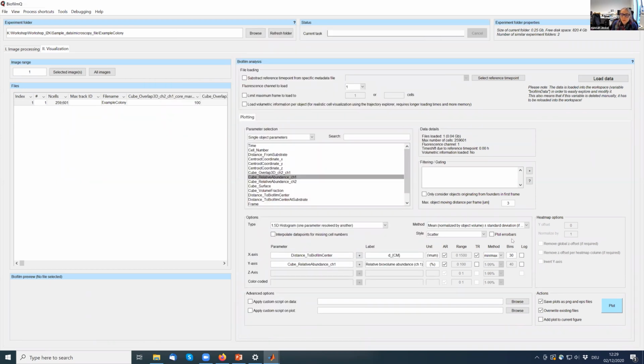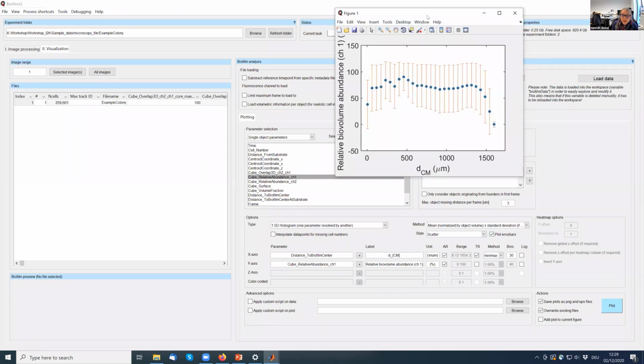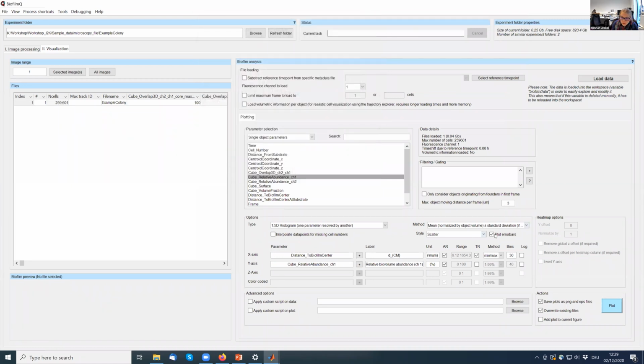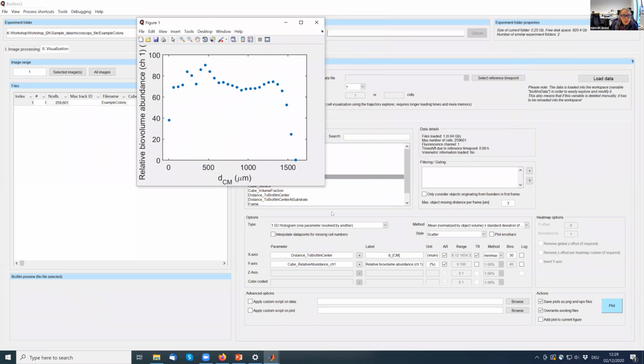So we will not plot error bars. We can plot error bars, but they will be gigantic, as you can see. But well, let's keep them for now, or maybe plot it without them to make it a little bit neater. Maybe I was too fast. No, okay. So here we can see